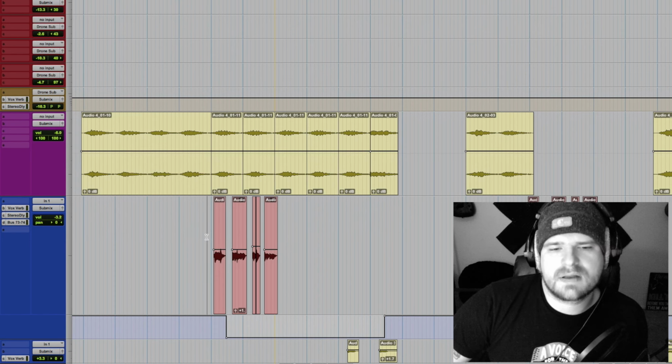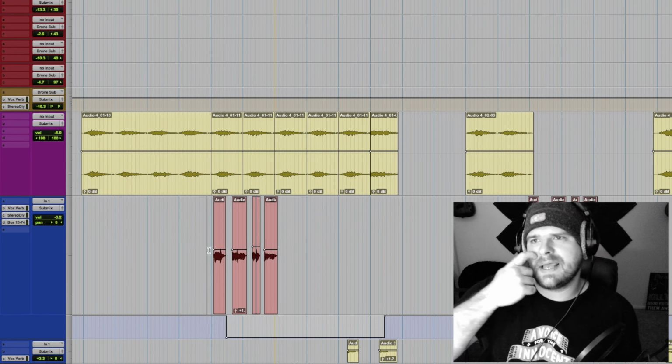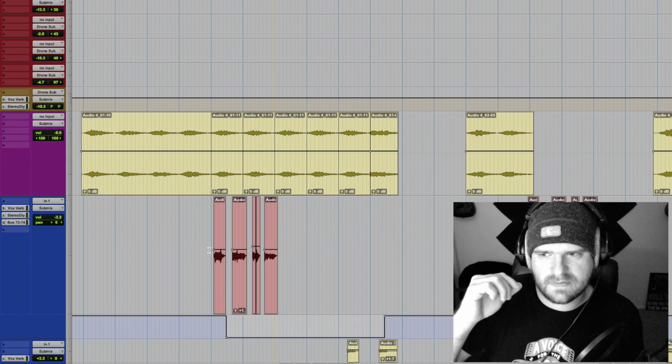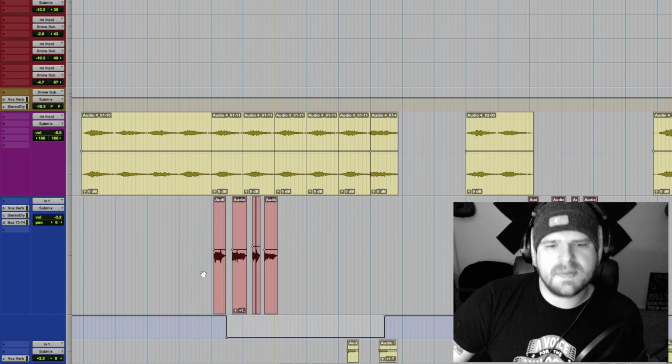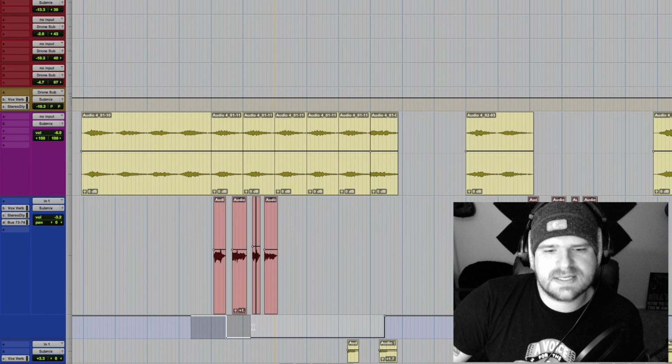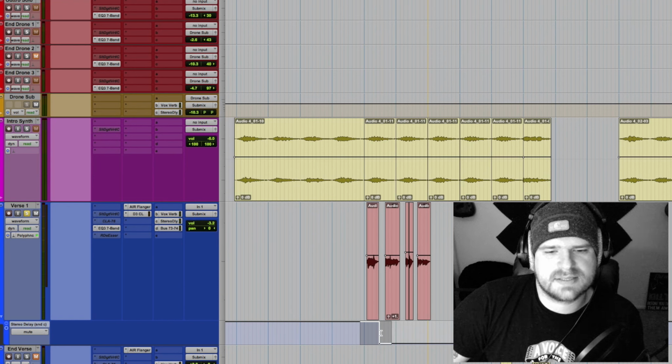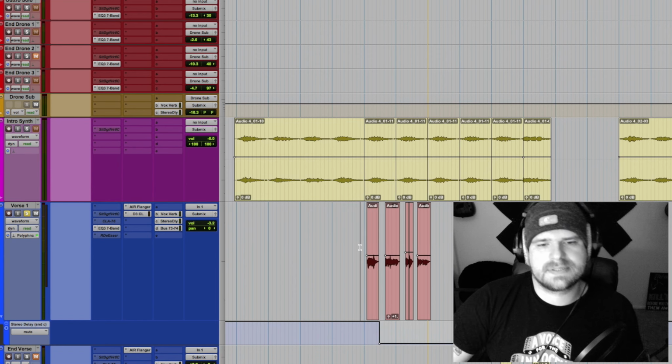But for this song in particular, I wanted that delay, but I only wanted it at the first phrase that I sung. So let me play that back for you. And this right here that you see, this is the automation. Over here, I have the delay, and I automated the delay to where I cut it out after that first phrase. So if you look here, it cuts out. So let me play that again so you can hear what happens, in case you missed it.